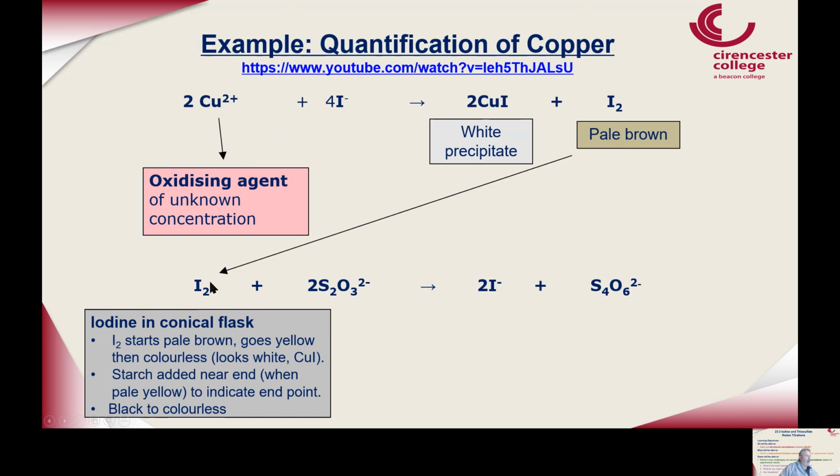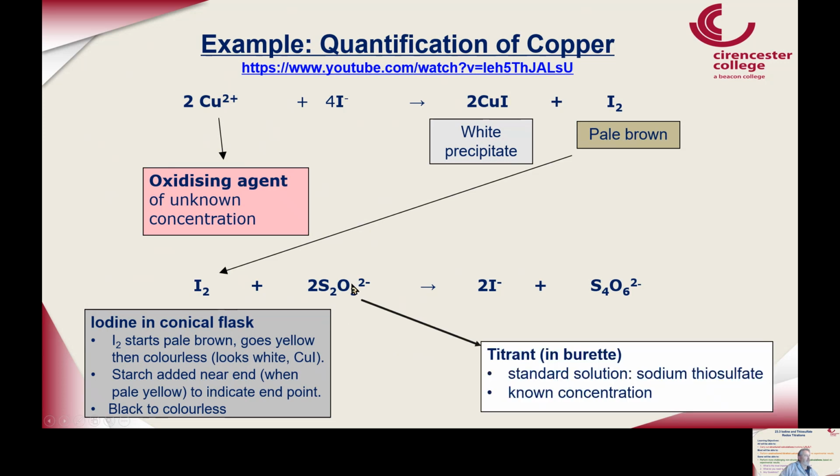However, this can be a little bit tricky to see. So as you get close to it going white, what we can do is add a little bit of starch. The starch will make it go black, and then as soon as you've used up the iodine, it will not be black anymore. So the thiosulfate is in the burette. It's a standard solution, we know its concentration, and we will measure its volume because we got it in a burette. And the ion that we make is a tetrathionate